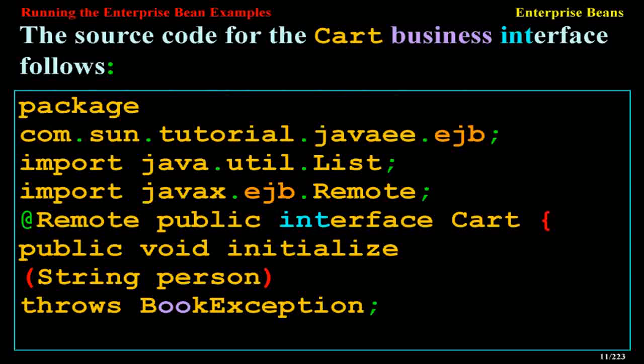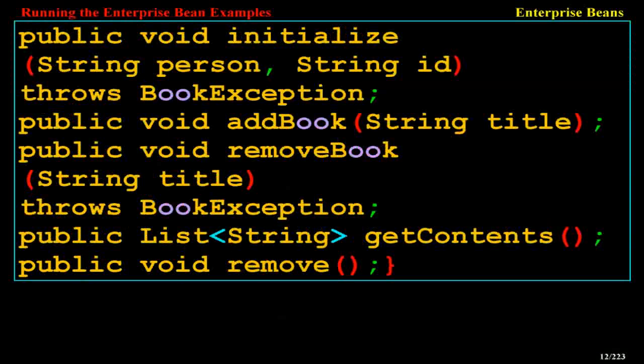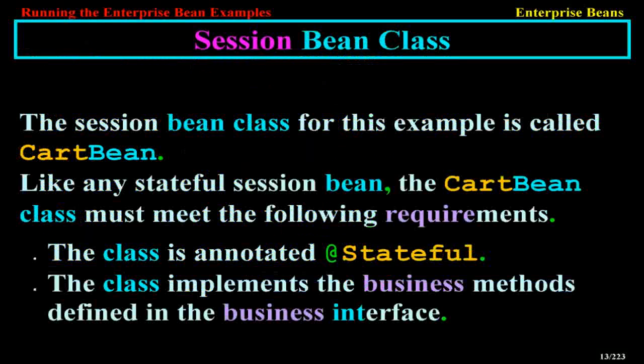The source code for the Cart business interface follows: package com.sun.tutorial.javaee.ejb; import java.util.List; import javax.ejb.Remote; @Remote public interface Cart { public void initialize(String person) throws BookException; public void initialize(String person, String id) throws BookException; public void addBook(String title); public void removeBook(String title) throws BookException; public List<String> getContents(); public void remove(); }